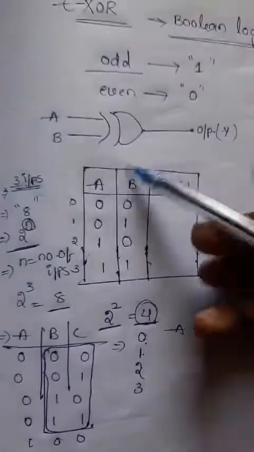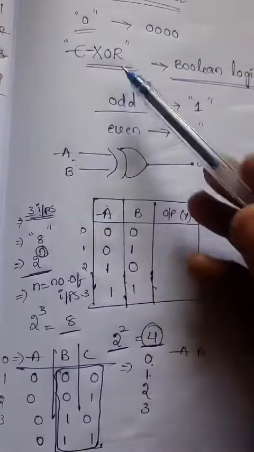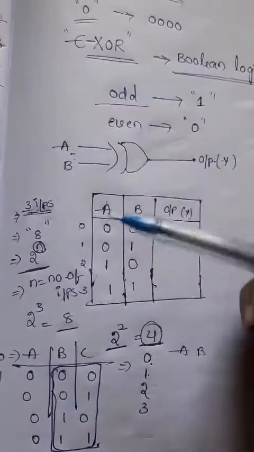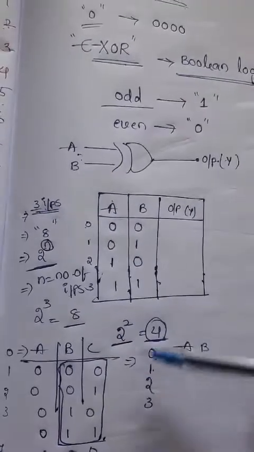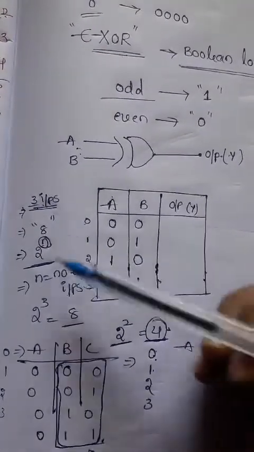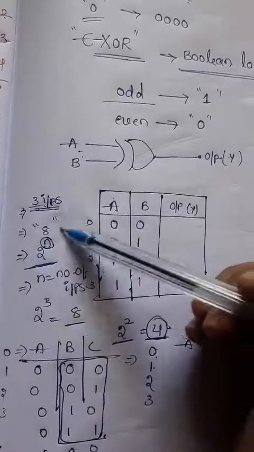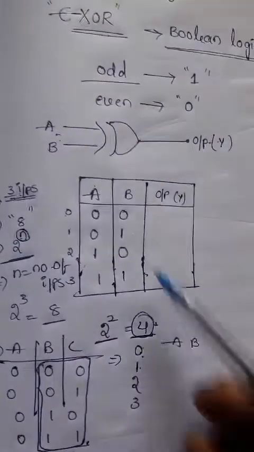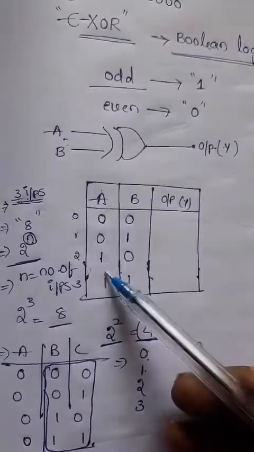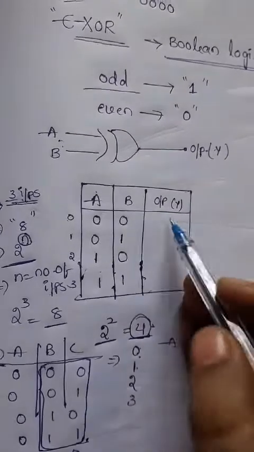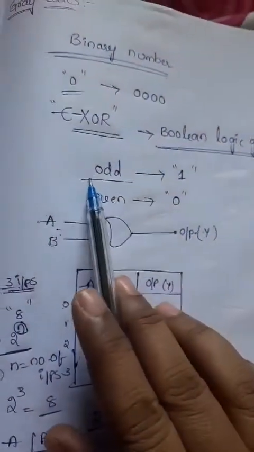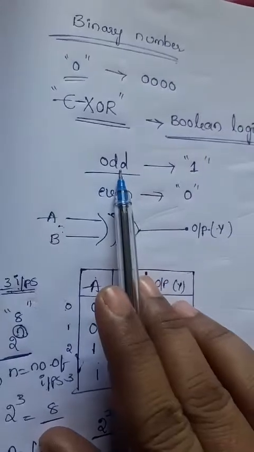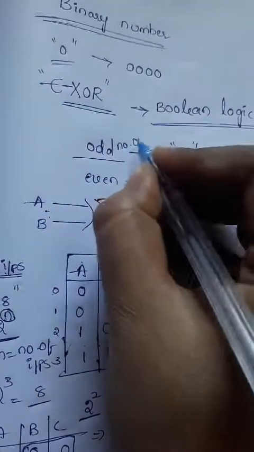Okay, remember that point. Here we have two inputs. For the XOR operation on the combinations of two inputs, we get 4 combinations in total. By using this formula we choose the input combinations like this: 0 0, 0 1, 1 0, 1 1. So what is the output operation here? When you provide an odd number of ones.